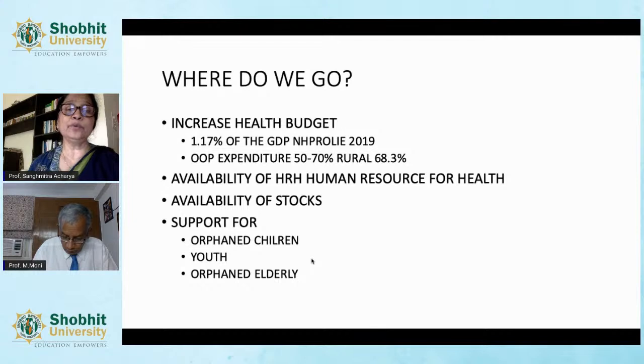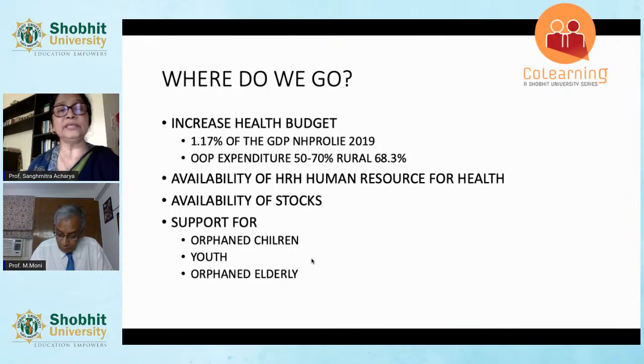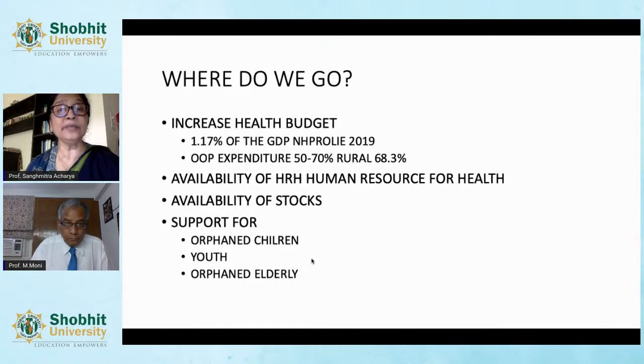So this is an important time for us as a state to wake up and take note of the need to increase the health budget, and perhaps for education also, because in many ways both these sectors go hand in hand. The other realm is the availability of human resource for health. We've all seen that there is a very tiered structure in the health system of India. We have sub-centers, primary health centers, and community health centers. We already have a very strong network of health sub-centers, which can be made use of, particularly to address the need of the